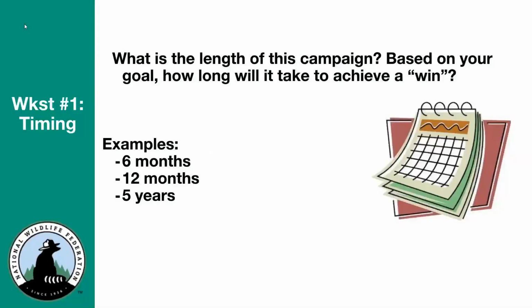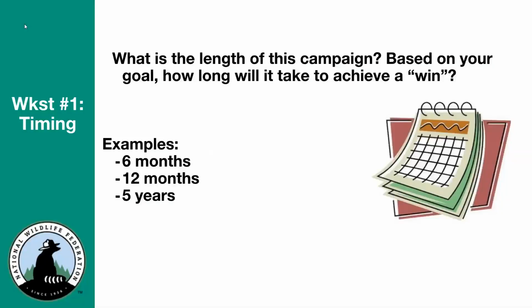So also on worksheet 1 is this question of timing. This is really a simple question. It's just how long are we going to be writing our first campaign plan for? My personal recommendation is to have it be 6 months to a year. I think because of just changing political dynamics, it's really hard to write a campaign plan that lasts much longer